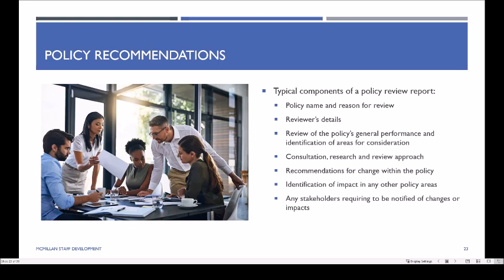You'd give a background on the general policy's performance over the period, and any areas that have been identified for consideration. You would then share in the report the significant data that you've captured, and what that means, and then that would feed into your recommendations. You would identify if there is an impact on any other business areas or policy areas in terms of what you're suggesting or recommending, and also identify if any other stakeholders need to be notified of what you're recommending. And that would feed into a typical policy review report to be approved by the relevant individual or body.